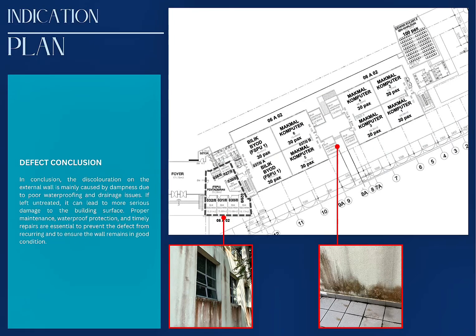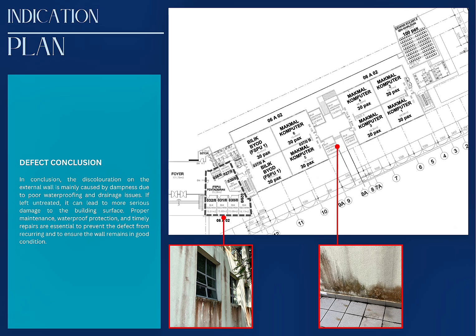In conclusion, the discoloration on the external wall is mainly caused by dampness due to poor waterproofing and drainage issues. If left untreated, it can lead to more serious damage to the building surface. Proper maintenance, waterproof protection, and timely repairs are essential to prevent the defect from recurring and to ensure the wall